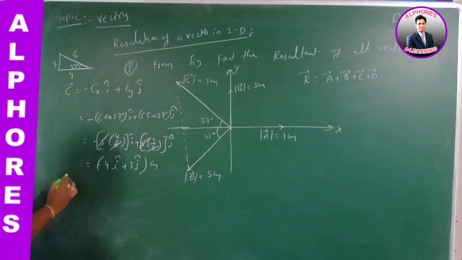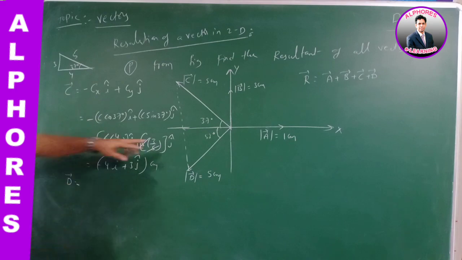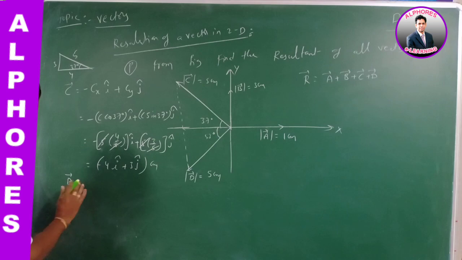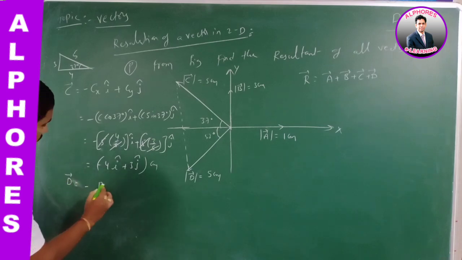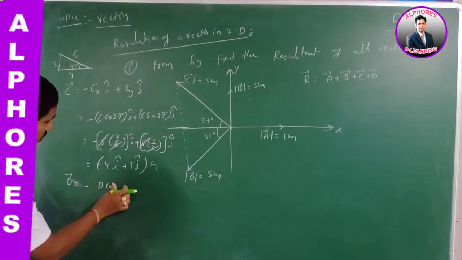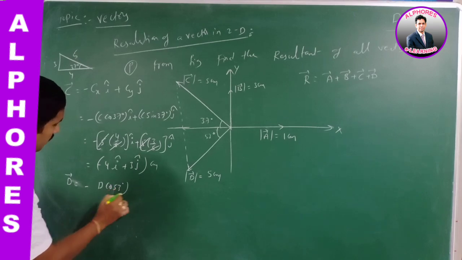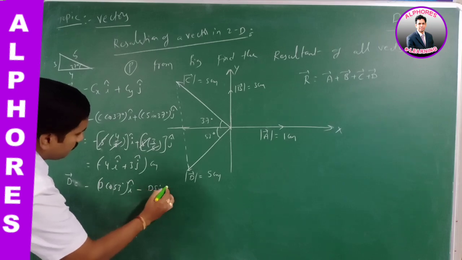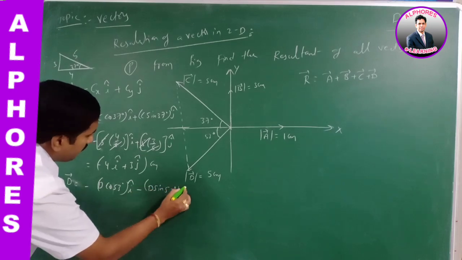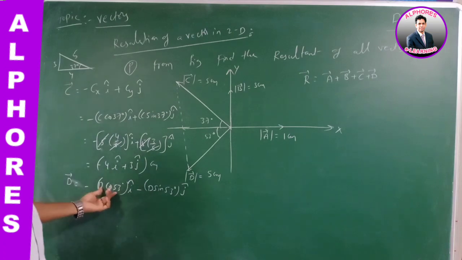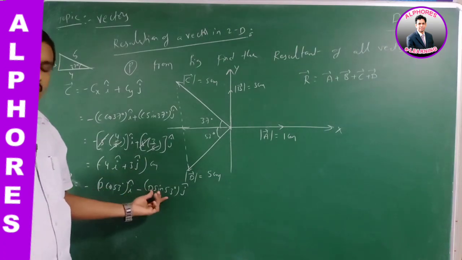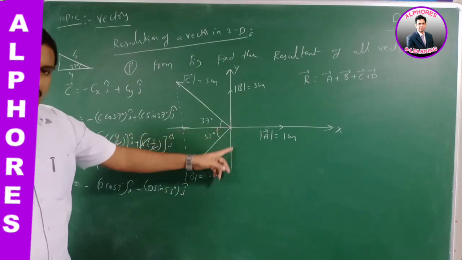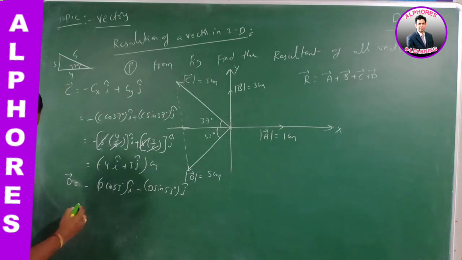And what about the vector d bar here? In the same way, this d bar has a negative x coordinate and negative y coordinate, like this. What about this value here? Minus d cos, what is the angle? 53 degrees i cap, again minus d sin 53 degrees into j cap. This is the x coordinate of the vector d bar, this is the y coordinate of the vector d bar. This x coordinate is aligned along the negative x axis, this y coordinate is aligned along the negative y direction.